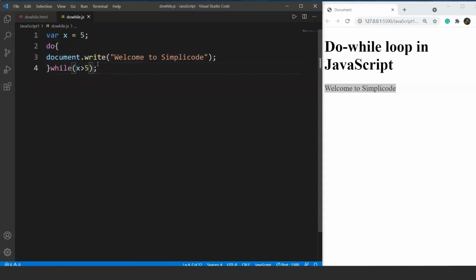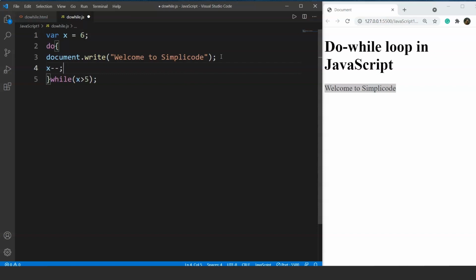If we use here 6 instead of 5, let's try to write here 6 instead of 5, and if we run this program now, it will go into an infinite loop because we are not performing the increment decrement operator here, right? As we have discussed in the previous videos, the importance of increment decrement part. So we need to do it here after the document.write part. So what we'll do here, we'll write x minus minus. Today we are using x minus minus, and for the other two loops we use the plus increment operator, right? So the x minus minus is the same as x equals to x minus 1.